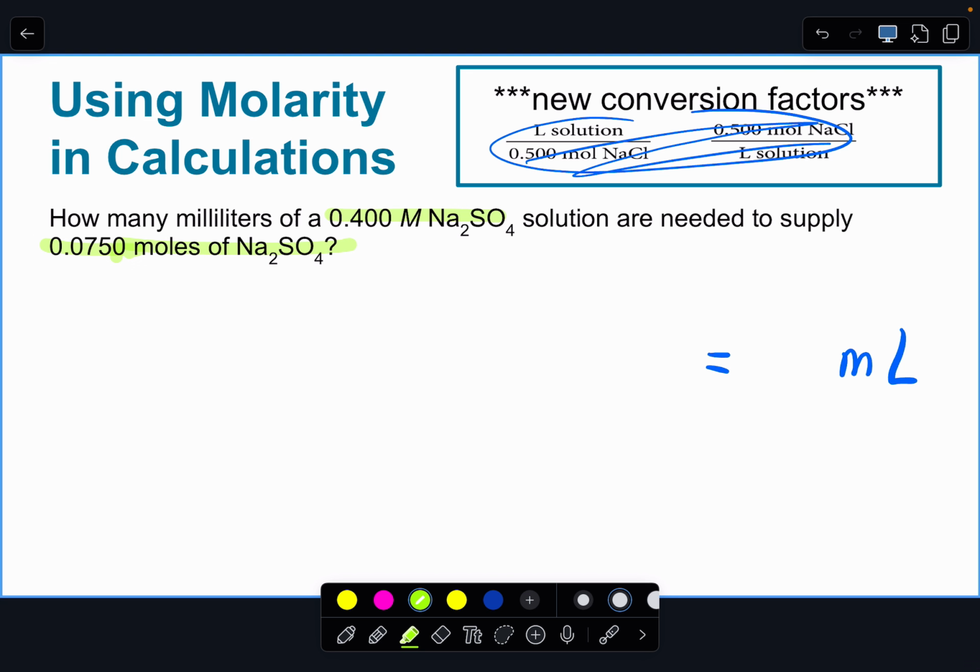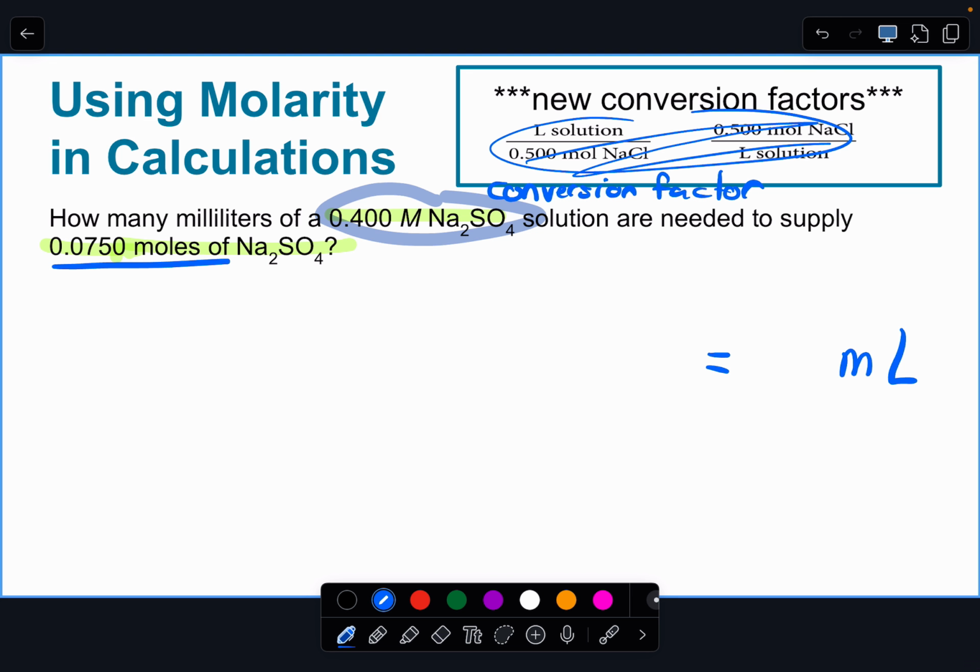So what you have to recognize is that the big M, molarity, is a conversion factor, okay? This is going to be used in the calculation. It's not where you start. So you always want to start with the number that has a single unit attached to it, and then save the one that's a unit over another unit to use as a conversion factor. Similar to density, right? If you're given density in a problem and mass, you start with the mass and then you use the density as a conversion factor. So in this type of problem, we would start with the moles